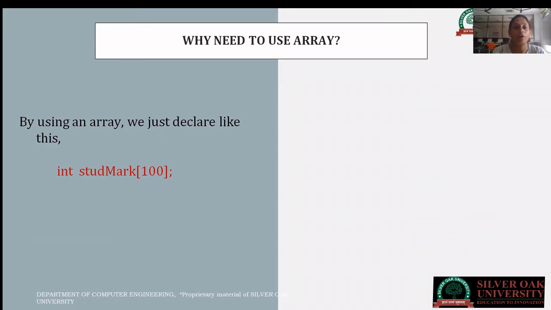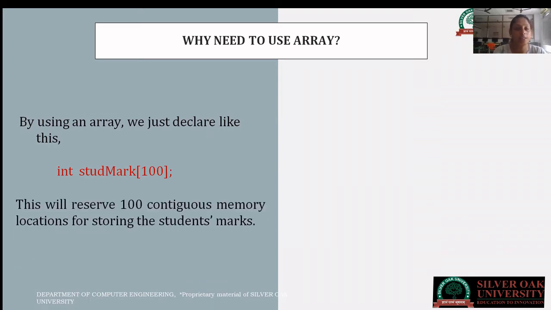Declaration of 100 students with only one syntax: int studentmarks[100]. That means int is the type of the array, studentmarks is the name of the array, and the size of that array is 100. That means after the name, the value which you assign is the size of the array. So the maximum length of the array is 100.